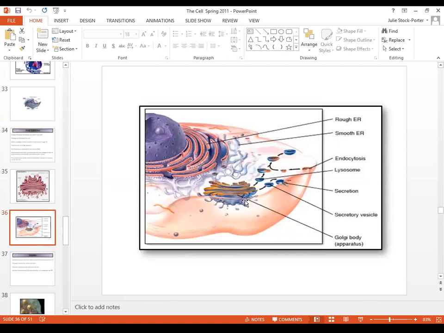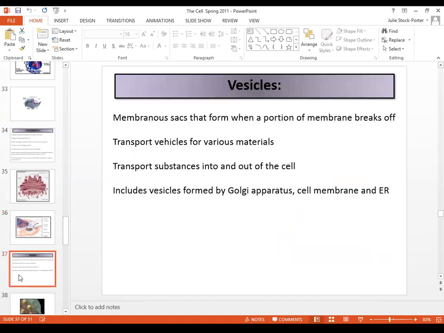And once they're good to go, they're going to pack them up in vesicles and ship them off wherever they need to be. Next are the vesicles, and we already talked about that. The membrane sacs that form when a portion of the membrane breaks off transport vesicles for various materials. It takes substances into and out of the cell, and it includes vesicles formed by the Golgi apparatus, which we